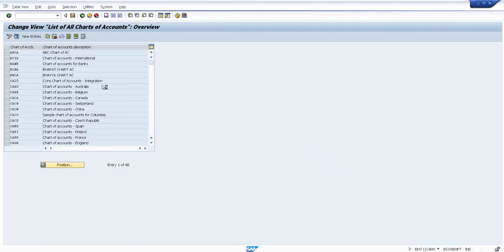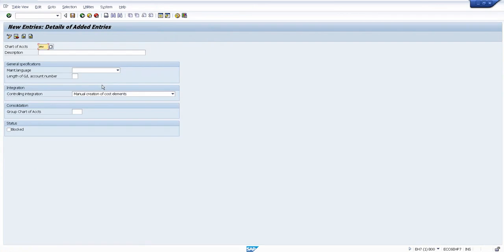Create new entries. SWCA. Maintain language is EN. Here the length of the GL chart of accounts is 6. Yes, we put 6. Then we will click on